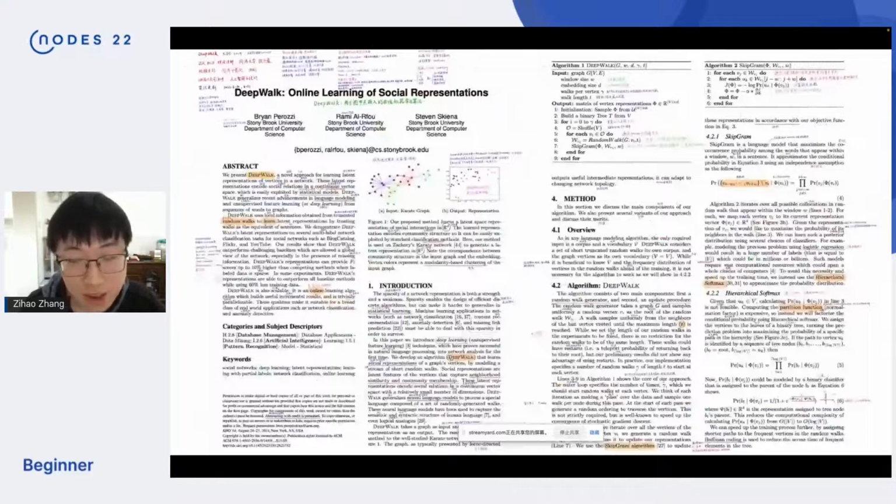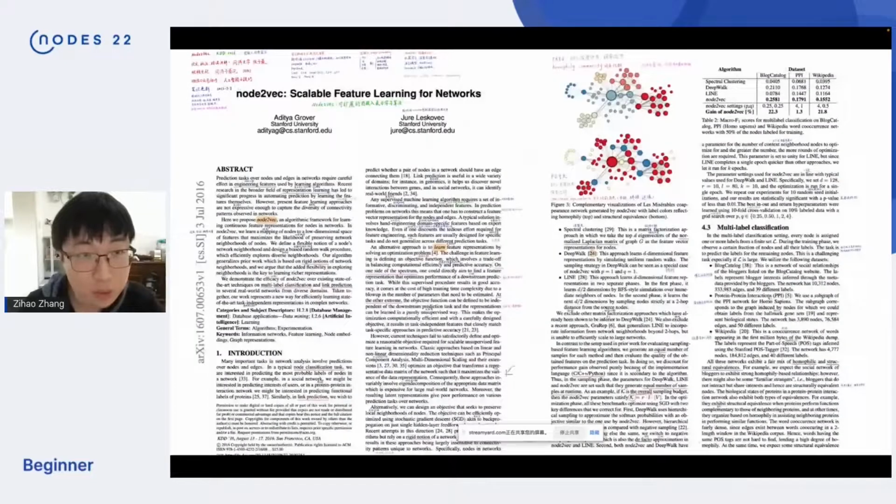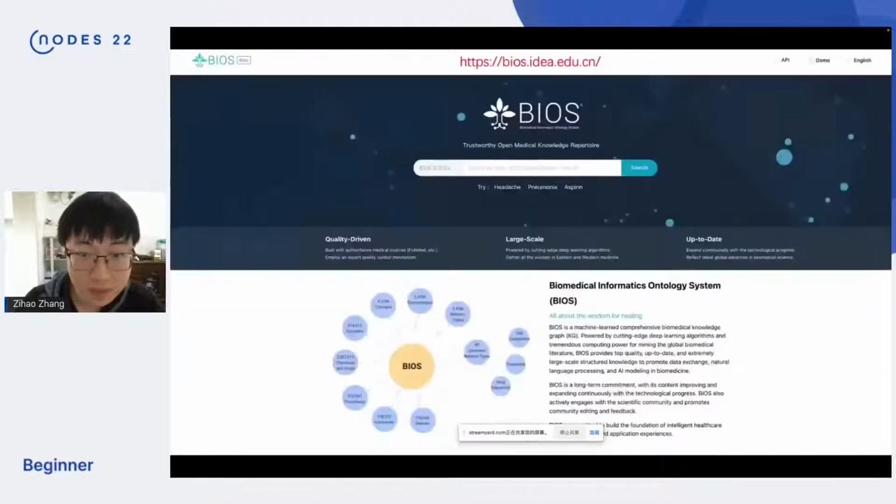In graph machine learning, I also make lots of paper reading and notes. For example, this is DeepWalk, a classical node embedding algorithm. And this is Node2vec, also a node embedding algorithm. And I would also like to introduce BIAS to you.